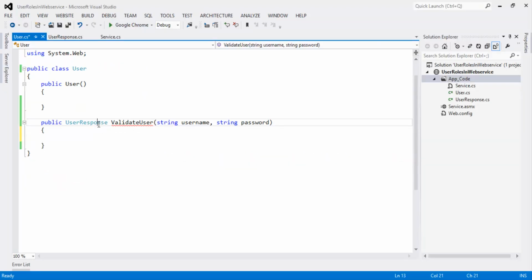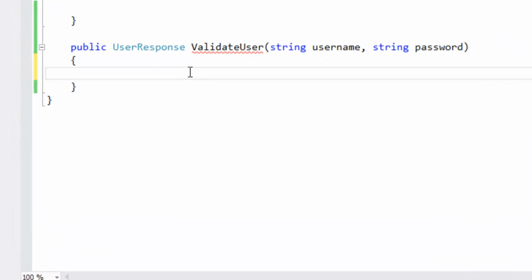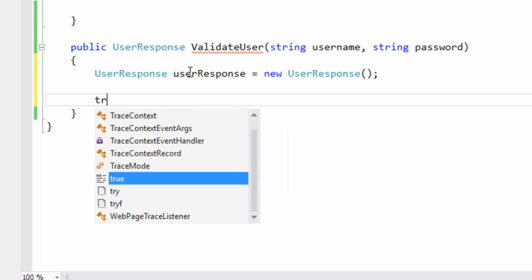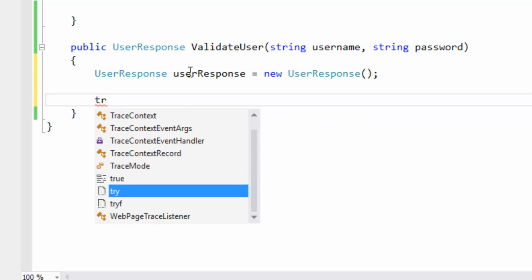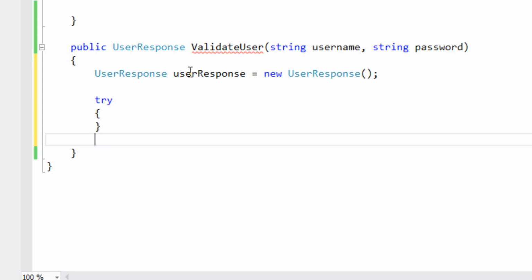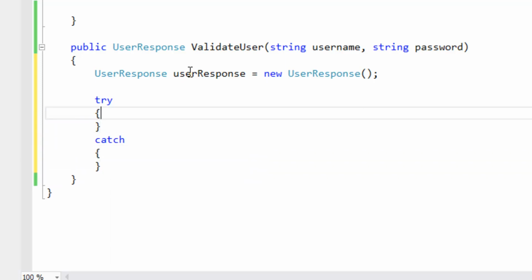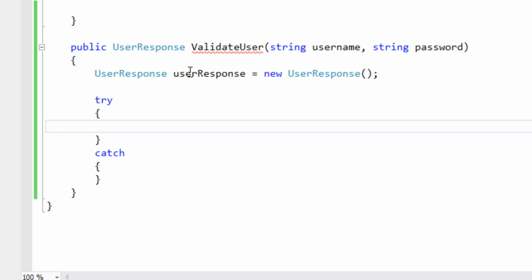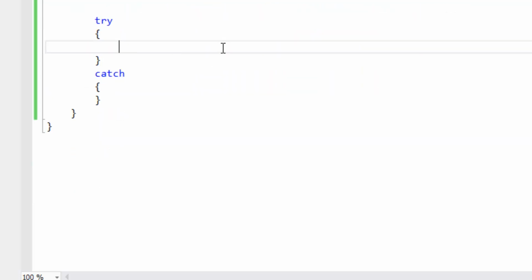Now let's create a constructor for this user response. Now let's write a connection to the database. Let's try, within the catch block. Now in the try block, let's